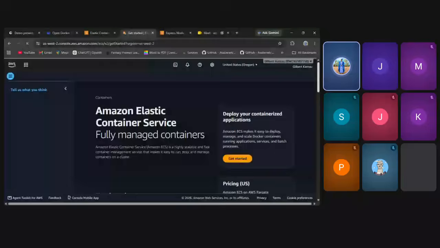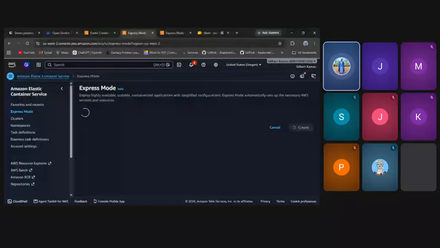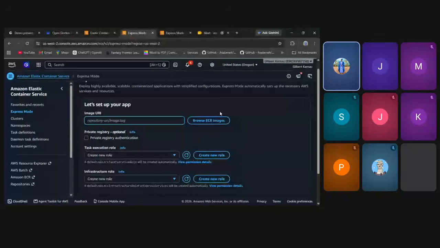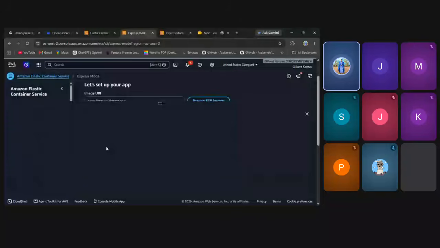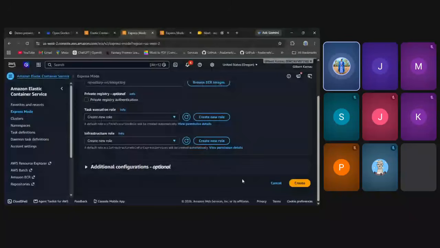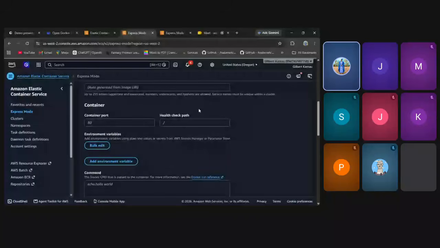What you have to do is basically just dump it. The ECS is a bit hands-on. By hands-on, what I mean is you can go here, you can choose your repository image. You need to create a new role, so maybe admin and so on. The infrastructure role, then you go to the additional configuration, the cluster, the name, the container port, the health check path.